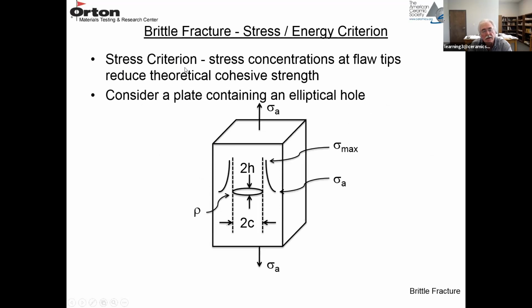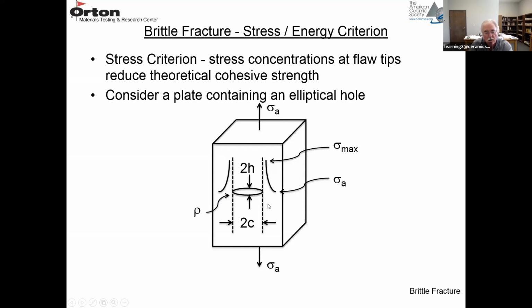So the stress criterion simply says that you have stress concentrations at these flaw tips of the defects, and that reduces the theoretical strength. So we'll take a plate and we'll put a flaw in it in the shape of an elliptical hole. So here's a ceramic material, a plate. We put this elliptical flaw in it. The minor axis is 2H. The major axis is 2C. There's a radius of curvature rho at the tip of this ellipse. And then we apply a load, sigma A, sigma applied to the sample,